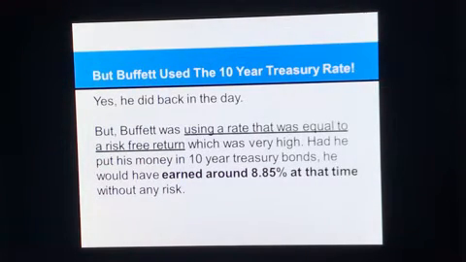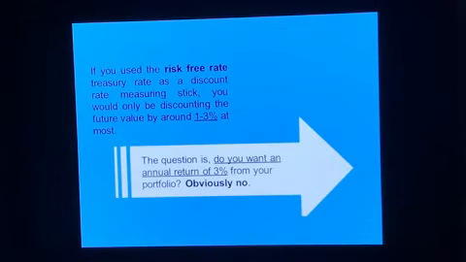Now, Buffett actually tells us that using a rate equal to the risk-free rate of return, which was very high, if you put money in a 10-year treasury bond, you would never earn around 8.85% at the end without taxes. We have to pay taxes as well. So if you use the risk-free treasury rate as your discount rate, your measuring stick, you would only be able to discount the future value around 1 to 3% at